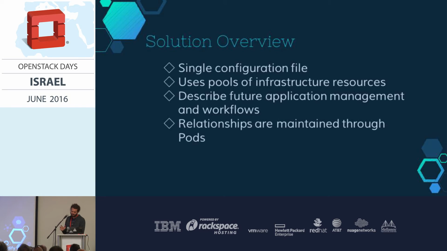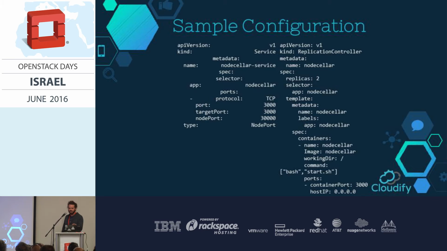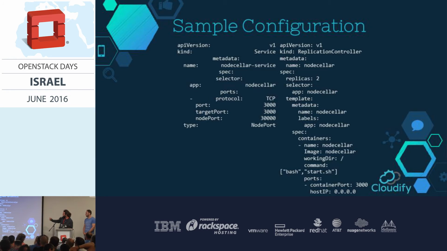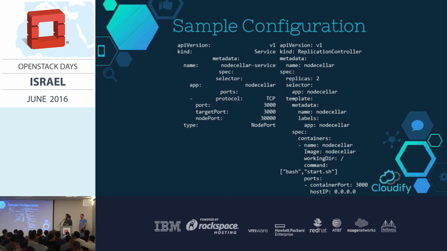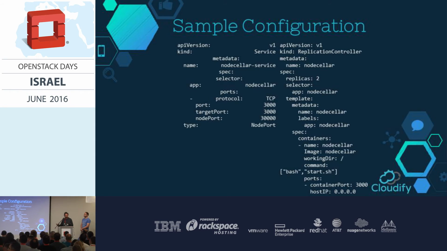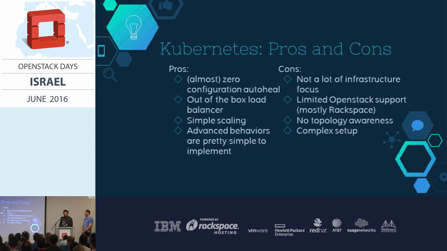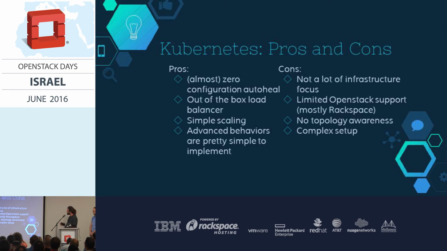Okay, so the formatting here got a little messed up, but this is what you might imagine a configuration file looking like in Kubernetes. It's quite similar to Cloudify because it is YAML, and you can kind of understand it by looking at what it's talking about. It's talking about the image you want to download using Docker and the container you want to run. Okay, so what are the cons?